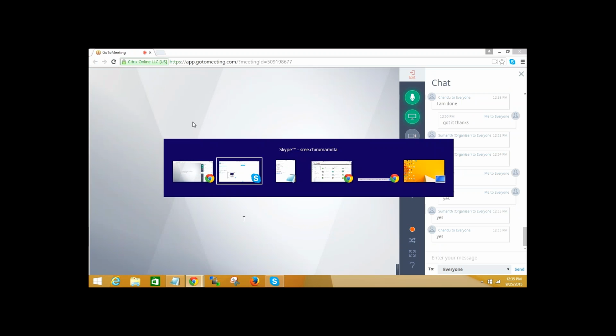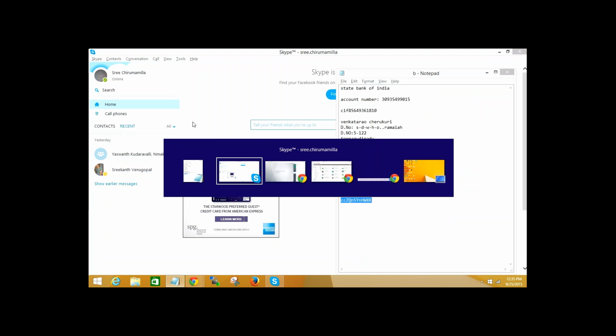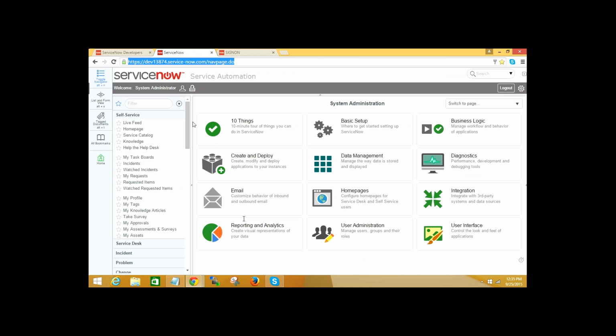So the overview of ServiceNow is that it's based on the cloud, as you people might know. There are many cloud applications. ServiceNow is created based on SaaS, software as a service. Maybe you can note it down: cloud SaaS is the base for ServiceNow. It is in the cloud, and the web application uses Web 2.0.